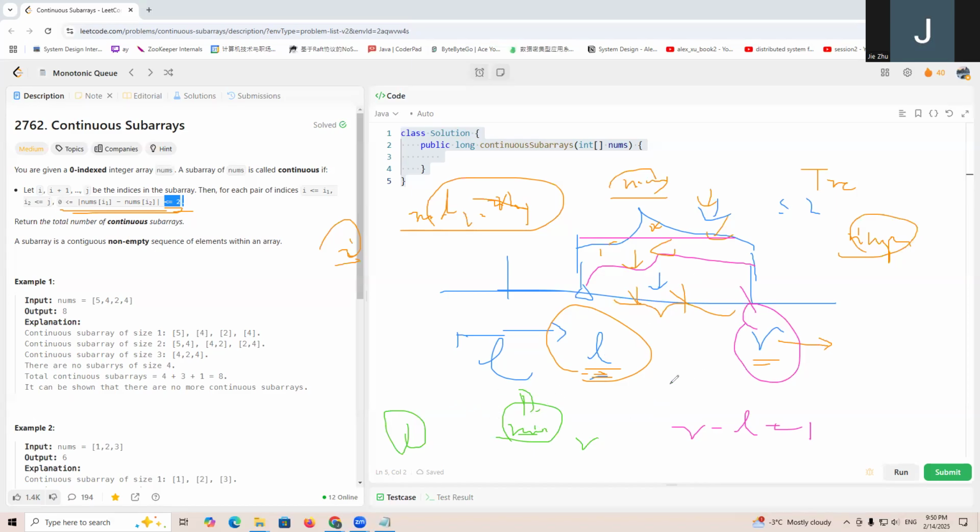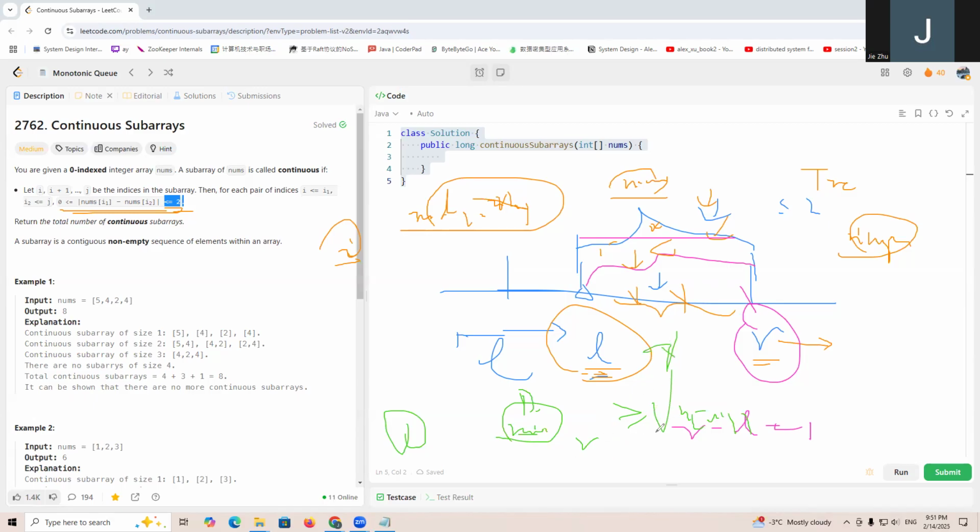So every number that is greater or equal to the current nums value,